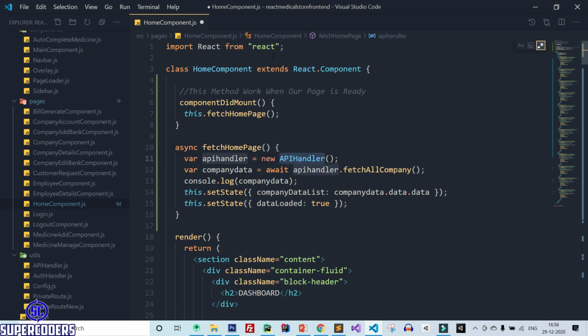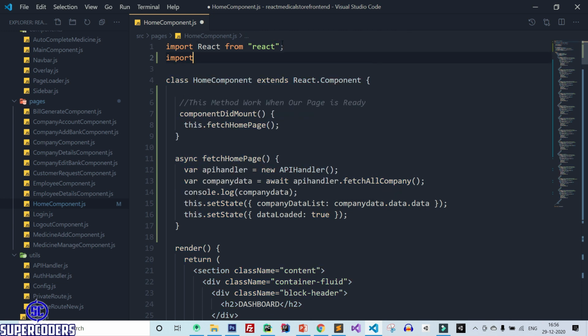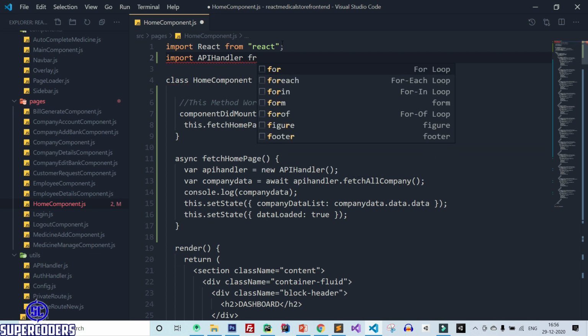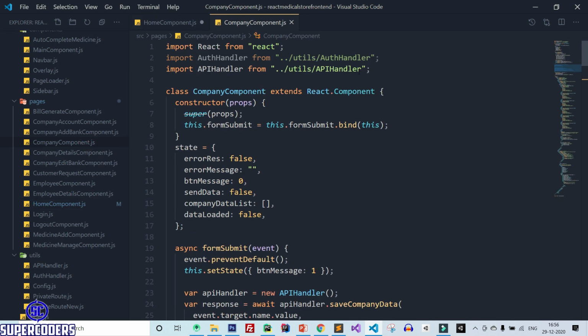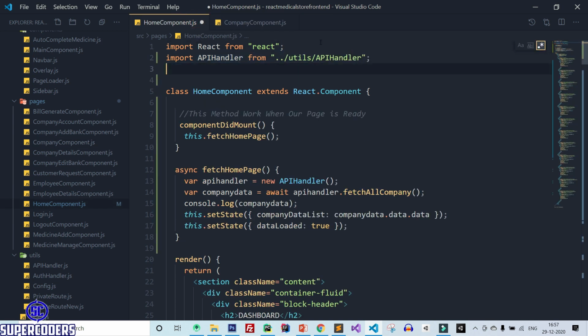After that, let's import API handler. Let's see in the company component how we import it, and you can see, just copy this code and paste it here.